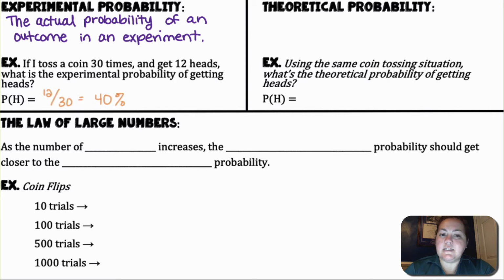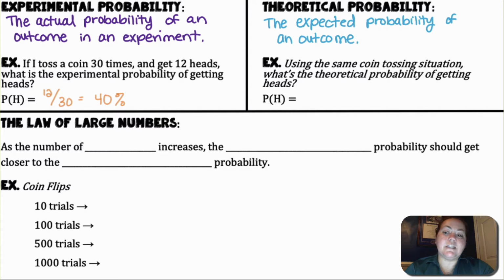Experimental probability is the actual probability of an outcome in an experiment. So if I toss a coin 30 times and get 12 heads, what is the experimental probability of getting heads? So 12 out of 30 would be 40%. The theoretical probability is the expected probability of an outcome. All right, so if we're dealing with flipping a coin, I would expect it to be 50% of the time